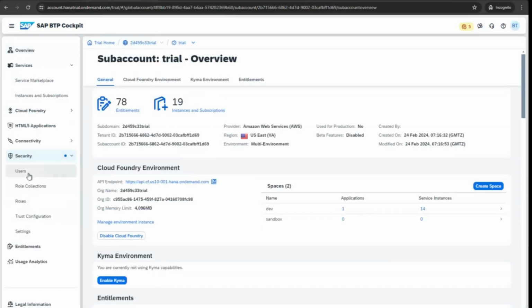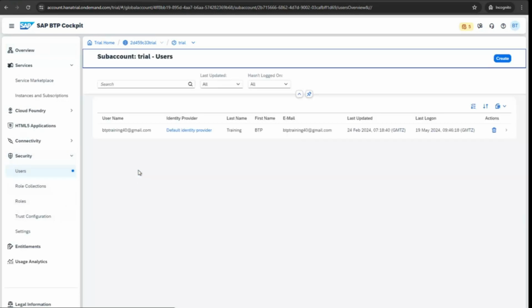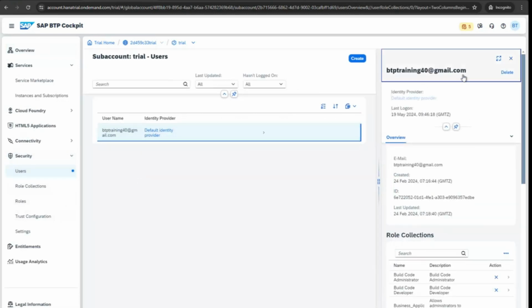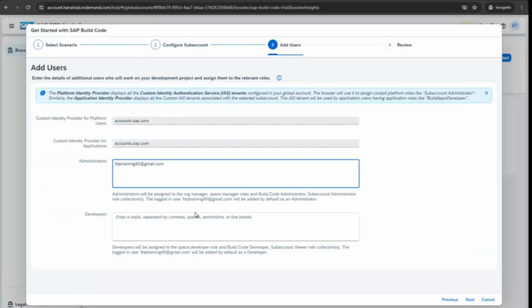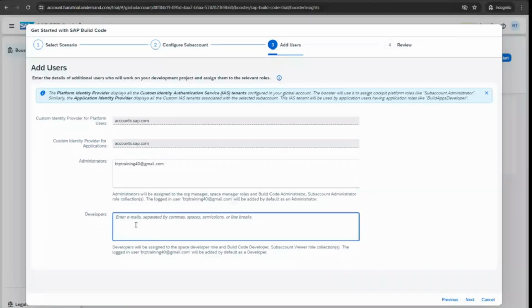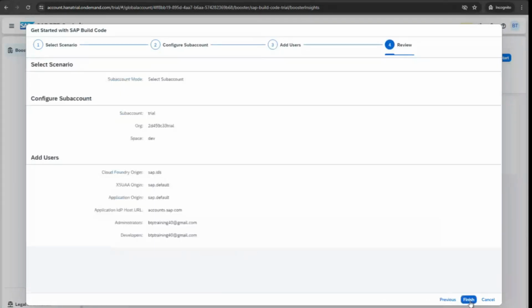So I will come to it as a part of users. And I will go here and he is the administrator. Similarly, you can add multiple people as users here. Okay, so for developers also I will put my name and I will click on next